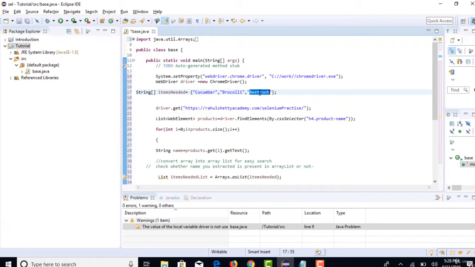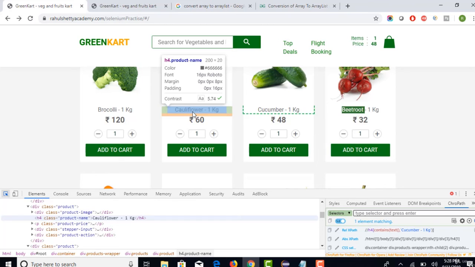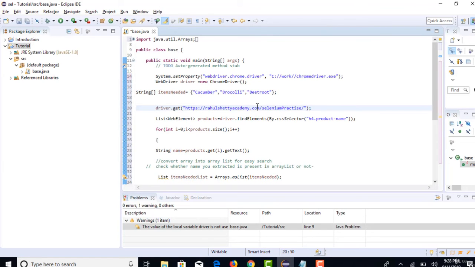But the headache you have is you are not able to just extract this one word. When you try to extract this, hyphen 1 kg also comes. The developer has designed it in such a way. So you just cannot get only cauliflower. You are getting extra text also. But your senior management suggested that do not use 1 kg, hyphen, special characters. Keep it concise with just the vegetable name. So how do you do that then?